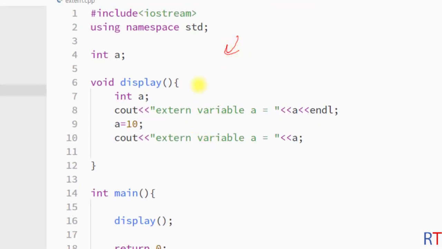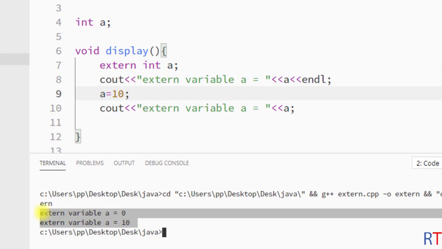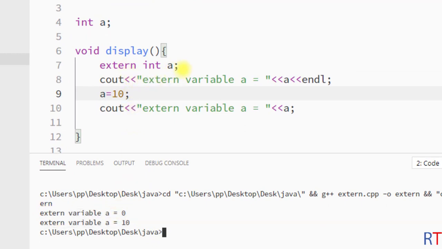Like in this example program, we have one local variable a. Now we can make that variable extern by using the extern keyword. So we have to write extern, and by doing so we are saying that the variable a was previously declared somewhere else and now we're trying to use that variable, and we can assign some value to the variable. So if we save this program and run it, you can see the output, we have successfully been able to use the external variable and assign it some value.